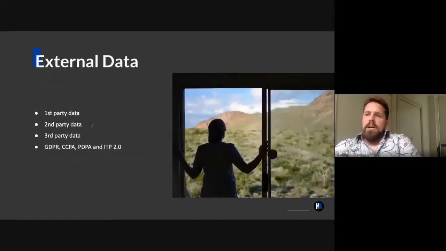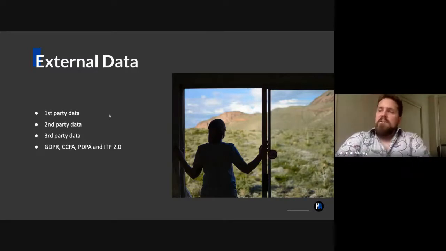So external data, to Ray's point here. Yeah. So there's 3 major types of external data, and then there's actual external data. I'll explain what I mean there. The first 3 parts here are external data about you specifically. So your first-party data, just trying to explain that for you.